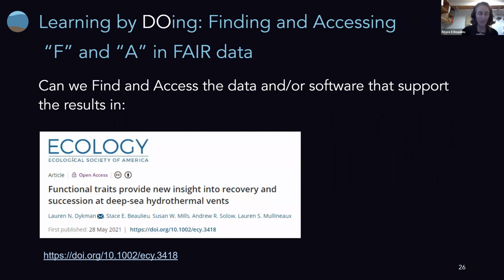So now let's do some doing. I said learning by doing, right? So we will start to learn about the FAIR principles, not by looking at the paper yet, not by looking at the anchor article yet, but rather by just seeing if we can find and seeing if we can access some data. So here I'm going to demonstrate finding and accessing data and code for a paper,